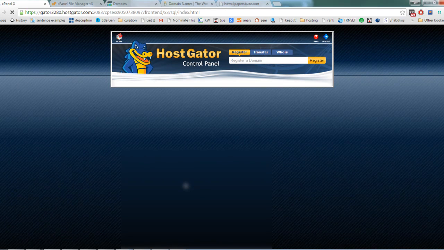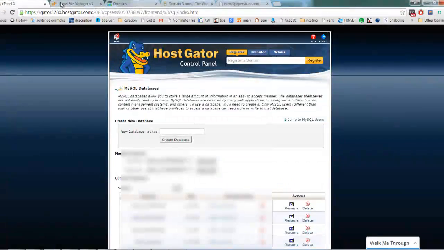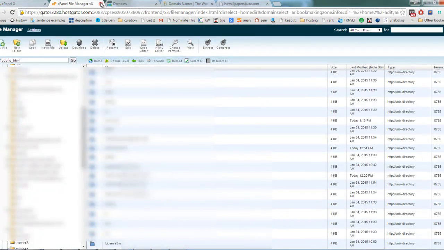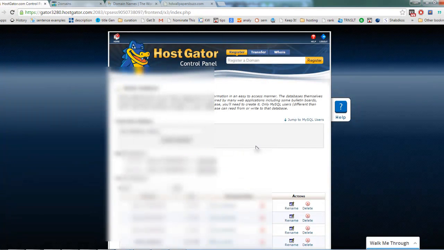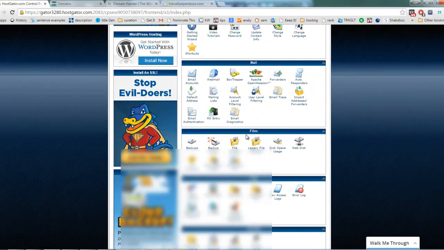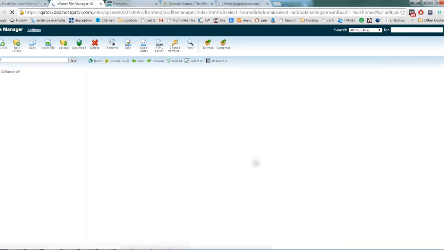Now we need to upload WordPress files to the folder that we already created while adding our domain, and then we can go in files. Okay, let me show you clearly. Let me close this, and once you are in the control panel home page, you can scroll down till you see the file section. This is the file section where you can go and click on file manager,